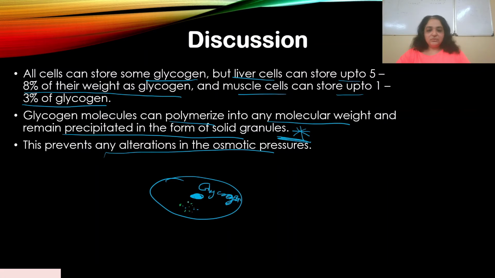This glycogen over here was in the dissolved state, just imagine. So what would happen? There will be more solute concentration over here, correct. So the outside environment would be hypotonic as compared to the inside environment inside the cell. So there will be more water concentration as compared to inside the cell. So water will tend to move from high concentration to low concentration. So we create a hypotonic environment outside.